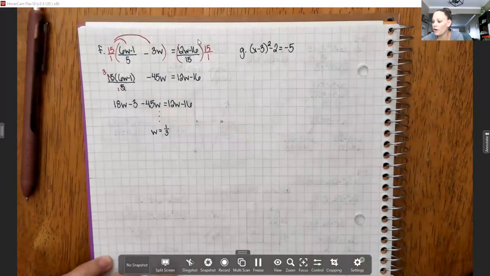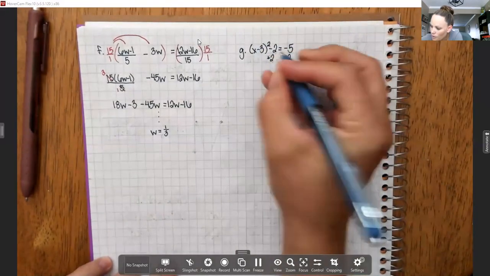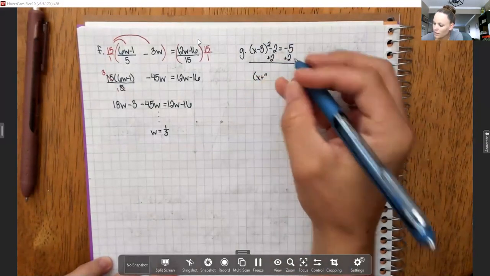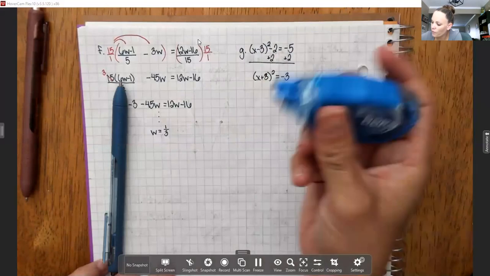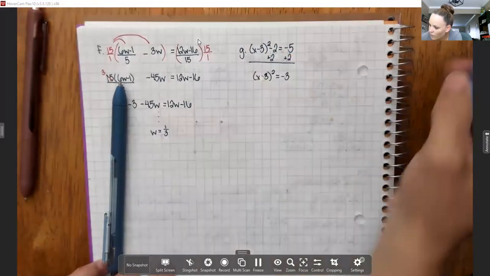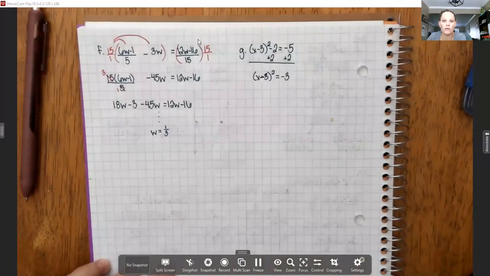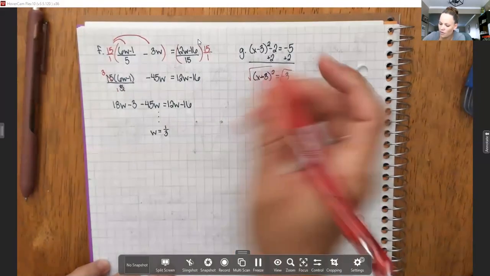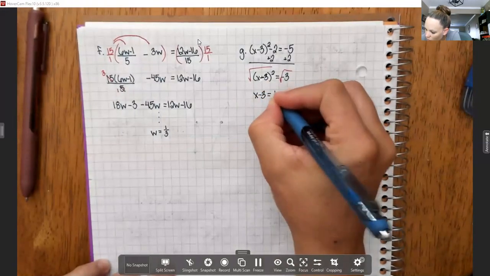So this is similar to what we started with at the beginning of the lesson. We're going to want to get our squared part alone, so we're going to add 2. So (x minus 3) squared, sorry, that should be a minus, equals negative 3. We square root it. We get x minus 3 equals plus or minus